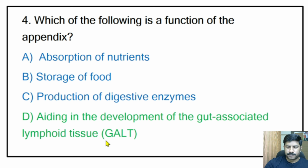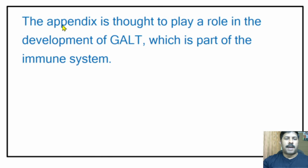as GALT. There is another lymphoid tissue that is known as MALT, M-A-L-T. So you can expand the short form MALT. You can comment it below. The appendix is thought to play a role in the development of GALT, which is a part of the immune